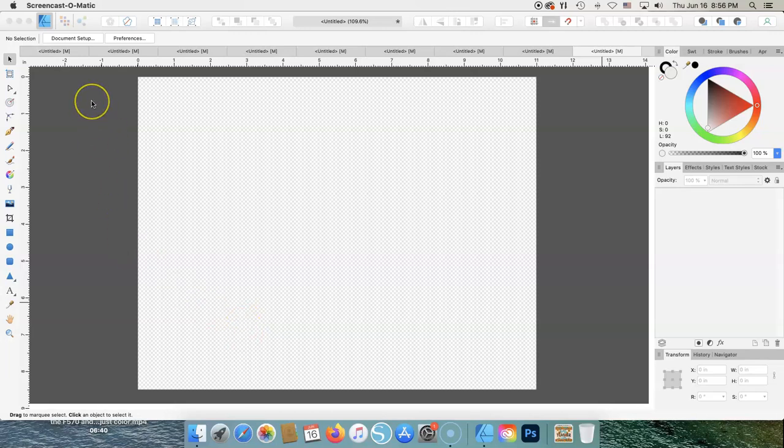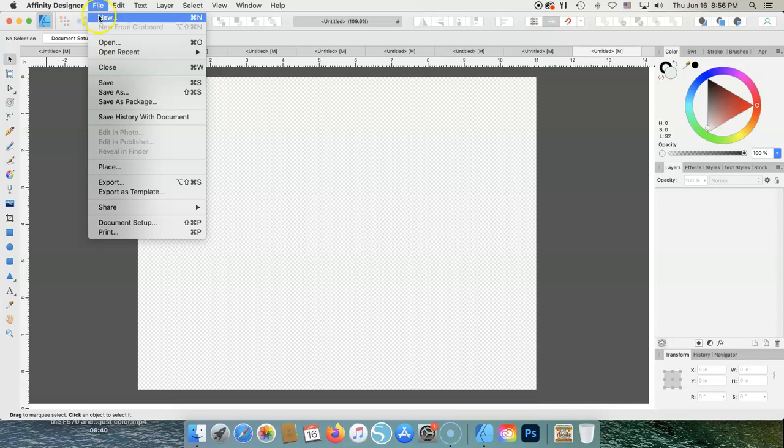I am going to do a video for Affinity for Mac using the F170 Epson printer. So here we have Affinity, and this is the Mac version. And we're going to start with File, New,